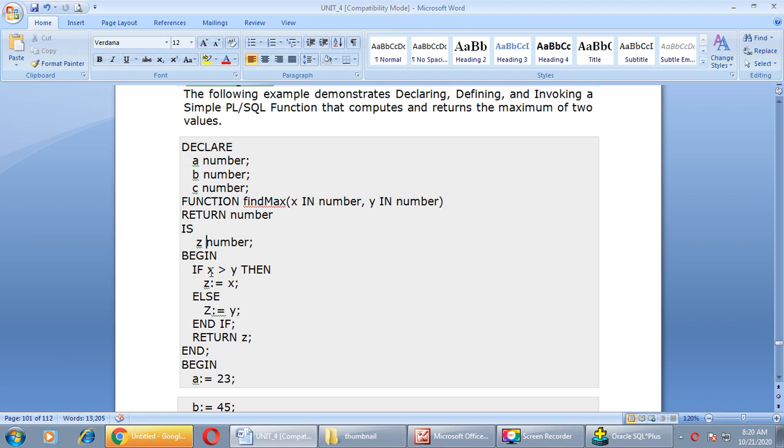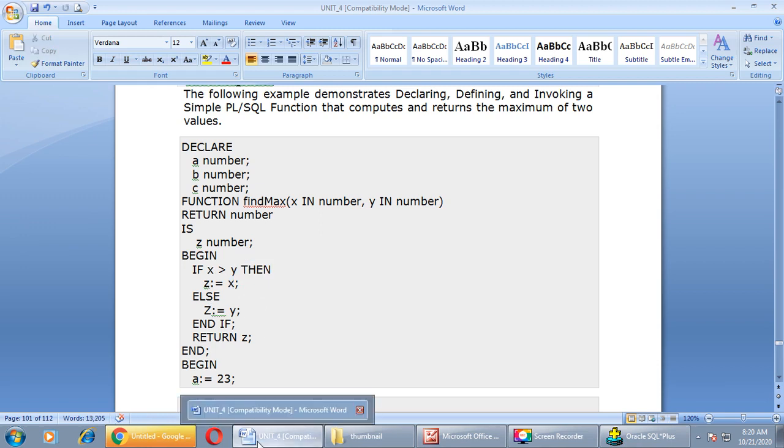If x is greater than y, then z equals x. As here we want to find the maximum number, accordingly we have assigned the value. Right, if x is greater than y, then z equals x, else z equals y. End of if condition, return z. End of our function.